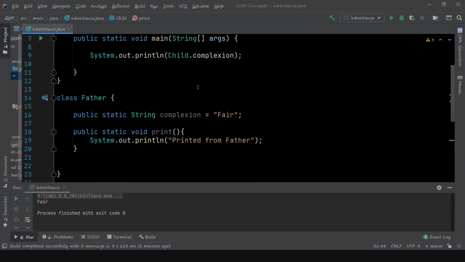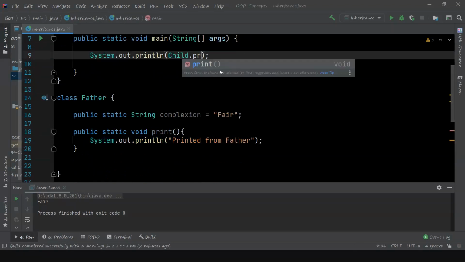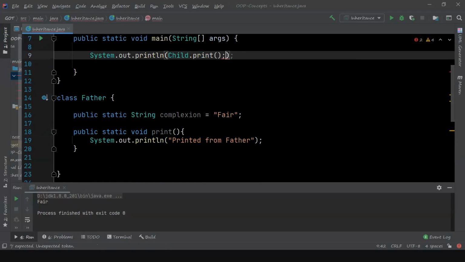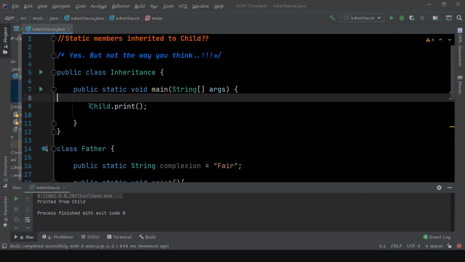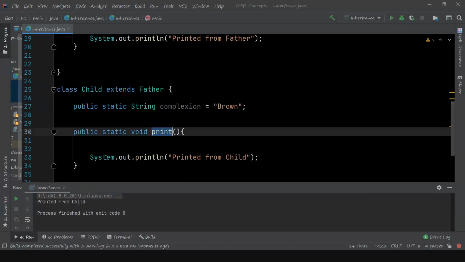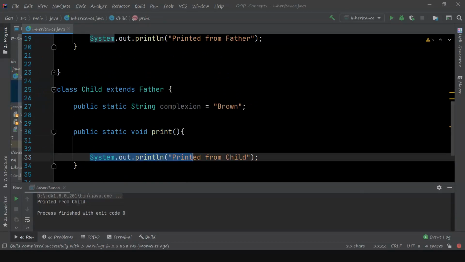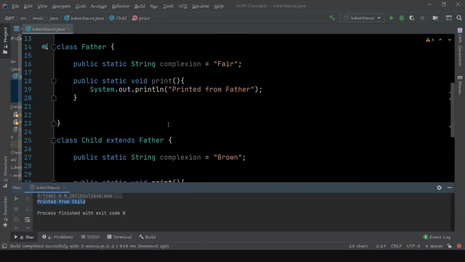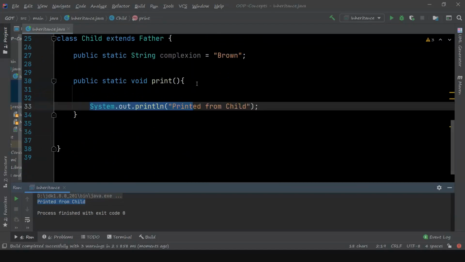Now when I call child.print, what will be printed? This print will be called, and printed from child will be printed in the console.